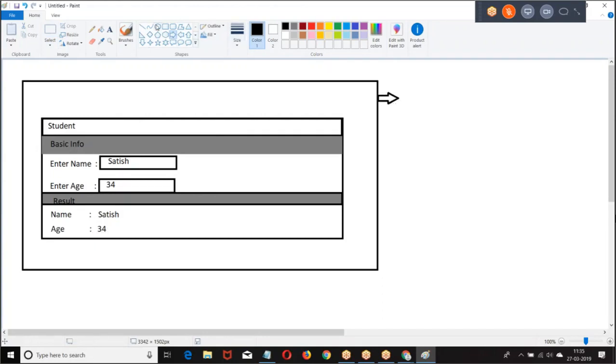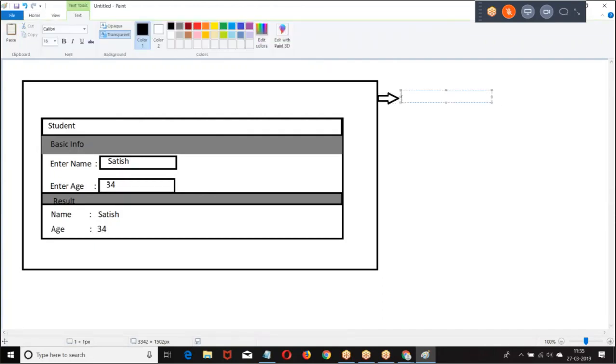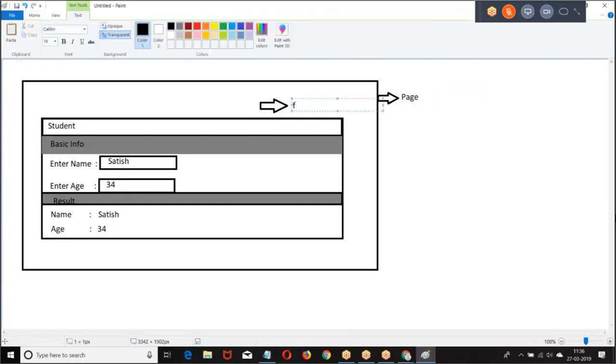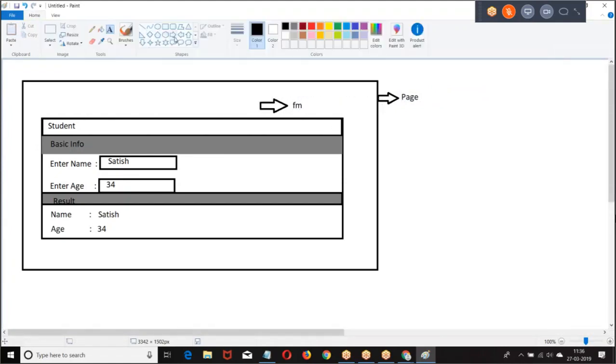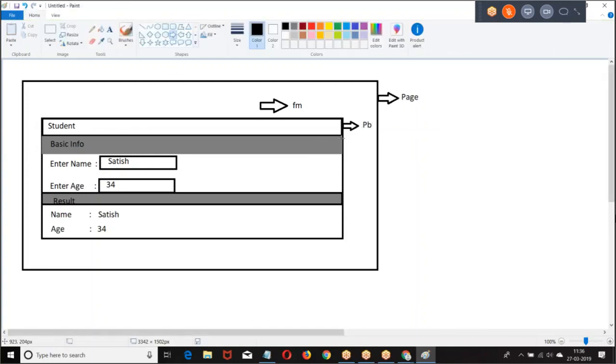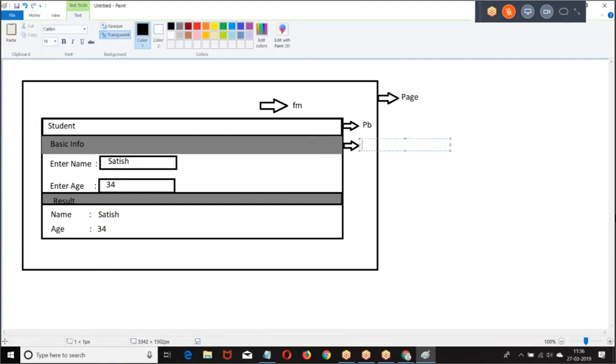Now I have the ID of the page. Then in the page, because I have an input text box, we are supposed to have a form. In the form we have a page block. In the page block we have a page block section.